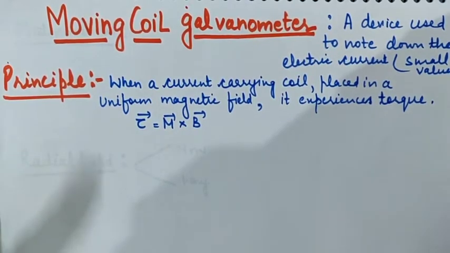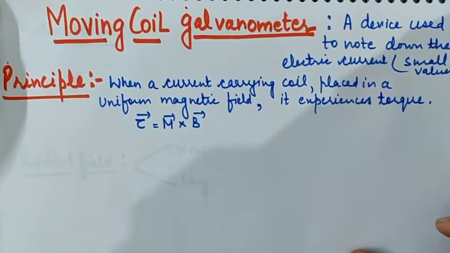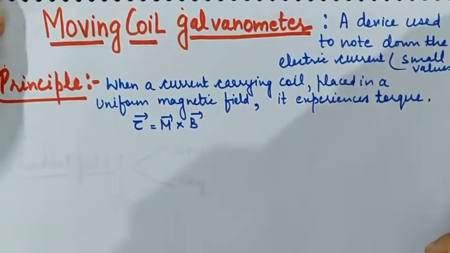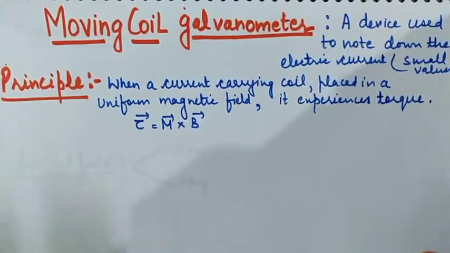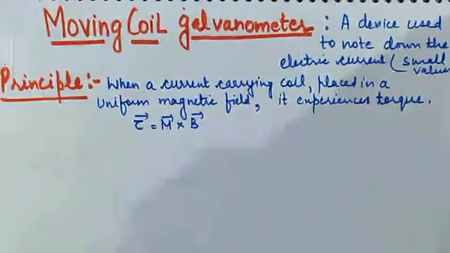Hello dear children. The next topic in continuity with the magnetic effects of current is the moving coil galvanometer. It is one of the topics which is very important for your final exam, and children are always eager to know what kind of questions might come in 5 marks. This topic as a whole can come in parts in 5 marks, right?